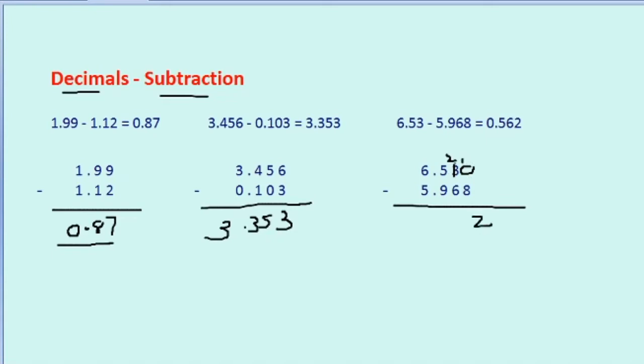2. Then again 2 is smaller, 6 is bigger. So we cut this number, make it 4, carry 1 here. This number has become 12. 12 minus 6 is 6. And again 4 is smaller and 9 is bigger. So we cut this number, make it 5, carry 1 here. 14 minus 9 will be 5. Okay, point. We have borrowed 1 from 6, so it has become 5. 5 minus 5 is 0. The answer will be 0.562. Okay, so if you know subtraction, subtraction of decimals will also be very easy for you.